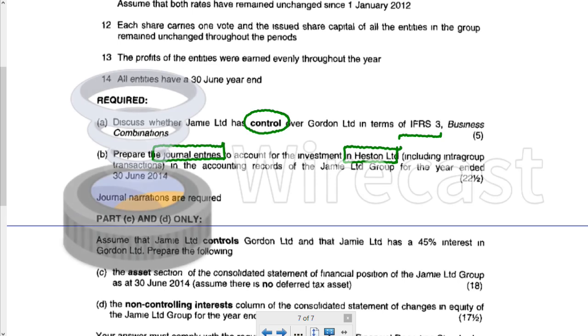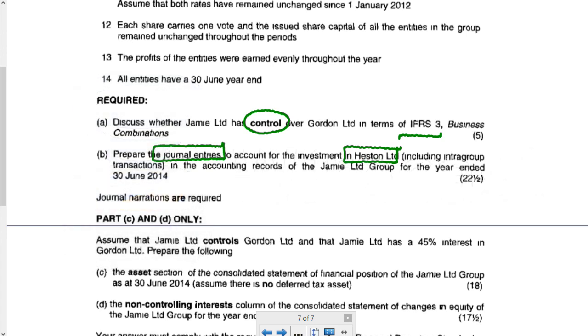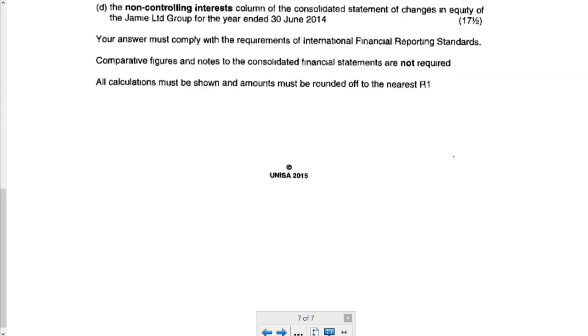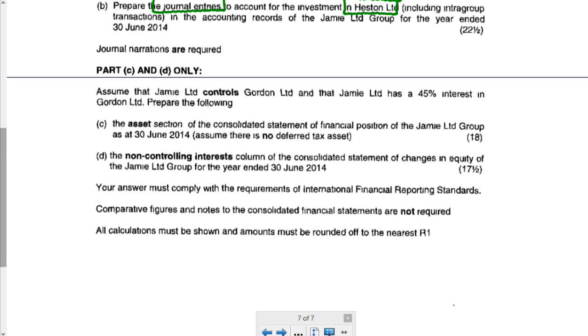I would guess at this stage that Heston's a joint op. You know, I said to you they like to do the joint op things. And then assume that Jamie controls Gordon and that Jamie has a 45% interest in Gordon. Prepare the asset section of the statement of financial position and the NCI column of the statement of changes in